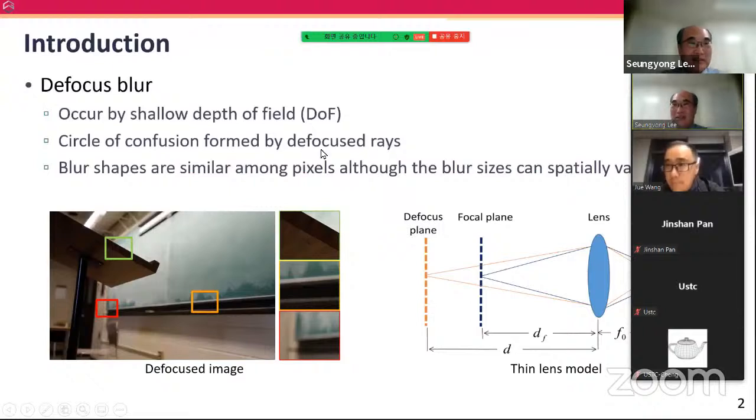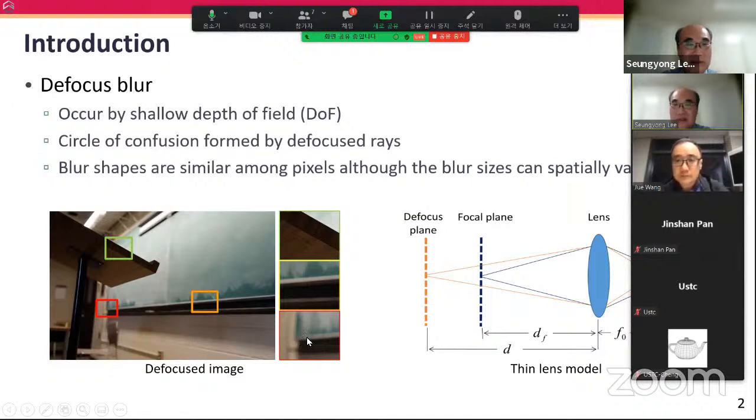Defocus blur happens when we take a picture with a shallow depth of field. Shallow depth of field means that some part of an image is in focus, but other parts are blurry. In this example, you can see this part is very sharp, and some other parts are blurry. Here we have a little blur, and this part is very blurry. I think you can even see this part, right? Then,